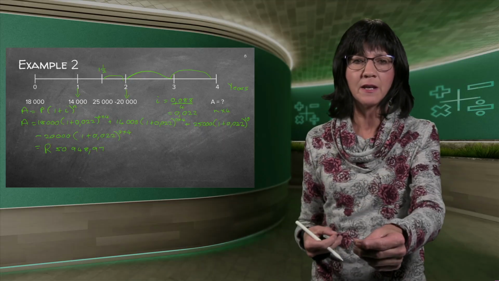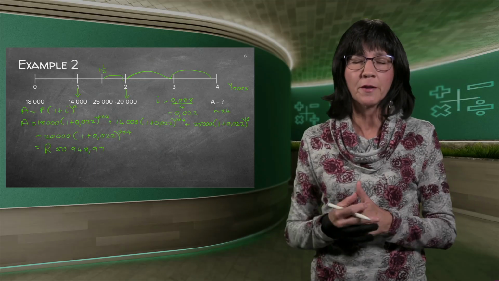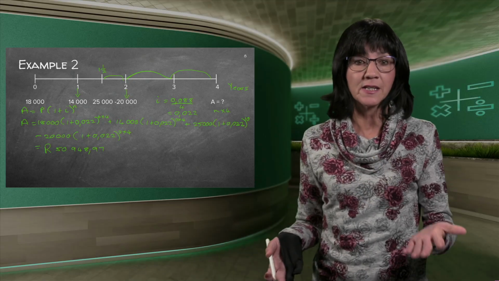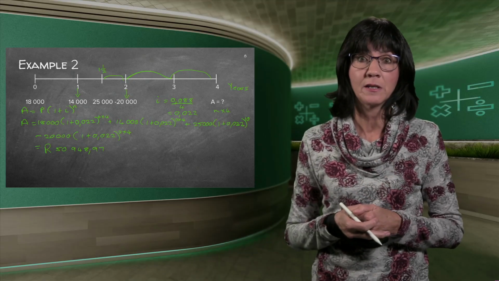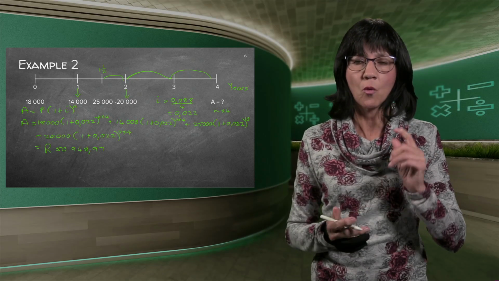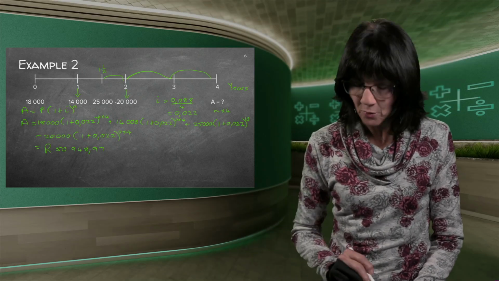If you want to check if you're right, this is not as easy because you invested and invested again and invested again, and then you subtracted. But at least I've got 50,000, nearly 51,000 Rand. So it's much more than I started off with. So it does make sense. If that was just 5,000 Rand, so somewhere you missed a zero, you know that you made a mistake. So always check with your practical mind if the answer is possible.